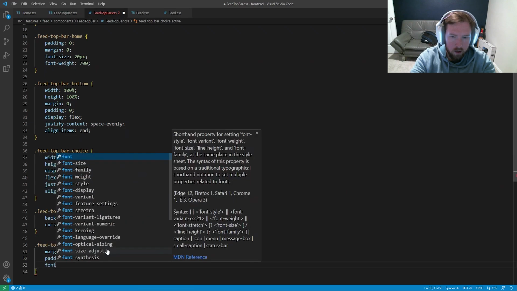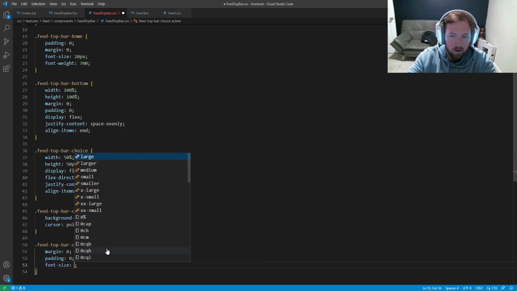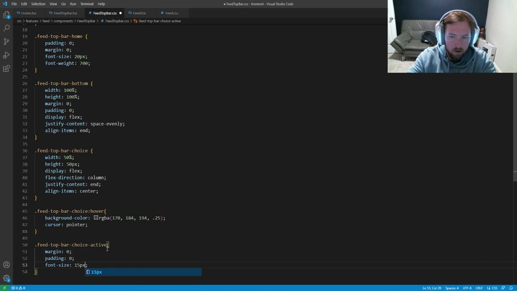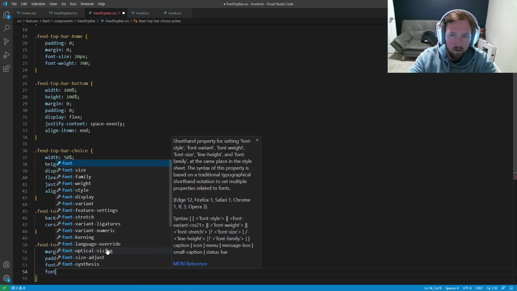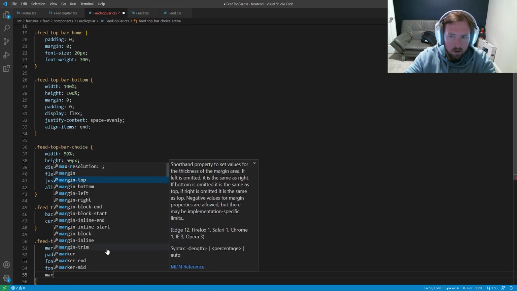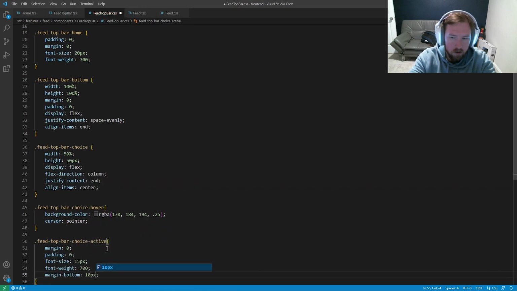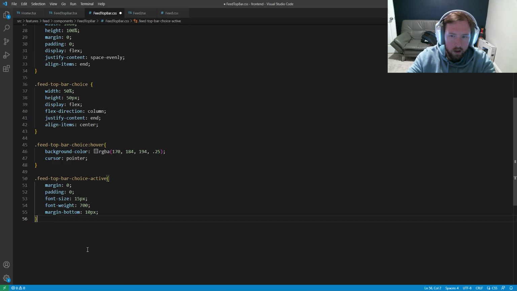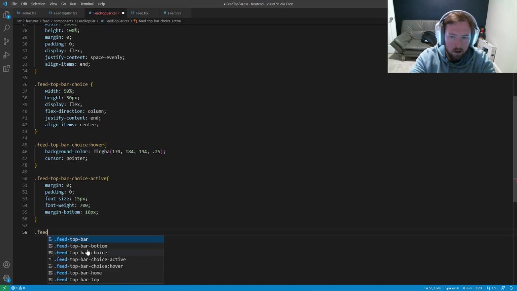We're going to have a font-size of 15px. We're going to have a font weight of 700. We're going to have a margin-bottom of 10px. So whichever one is active, we'll get that style. And then on the opposite, the feed-top